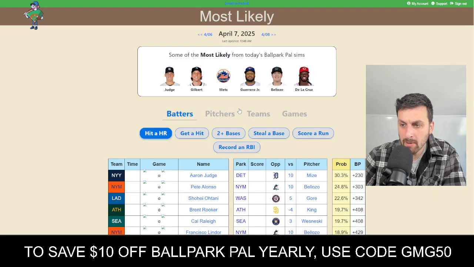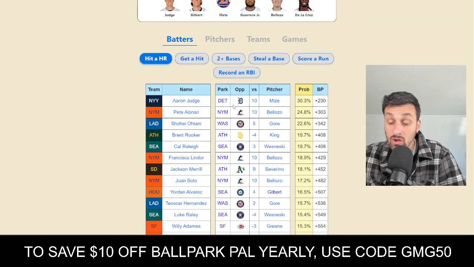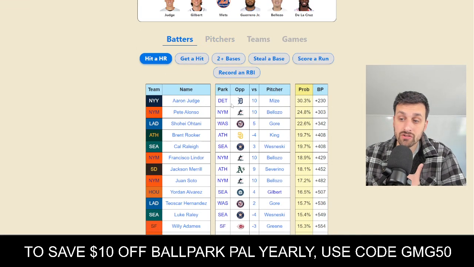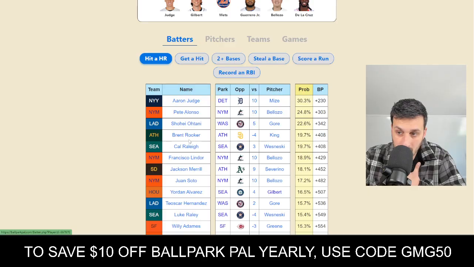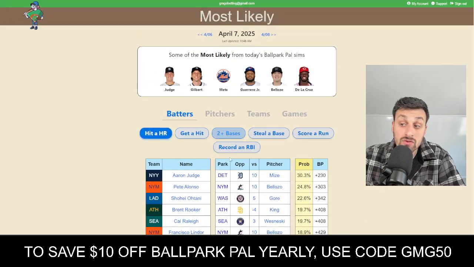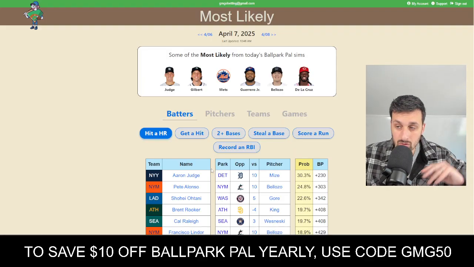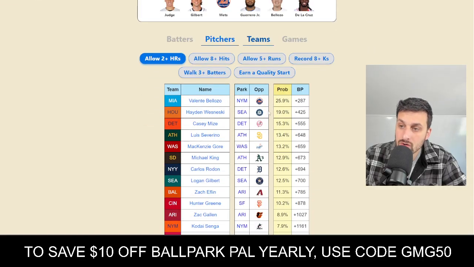He's got a most likely page. I don't look at this. Again, I want to do my own research and come to my own conclusions, but obviously he has the batters who are most likely to hit a home run today. Aaron Judge, Pete Alonso, Shohei Ohtani, Brent Rooker, Cal Raleigh. Guys you would probably expect to see are on this list. I don't use this. You can use this if you want. I prefer to do my own research and comb through my own things, et cetera, but you can do pitchers